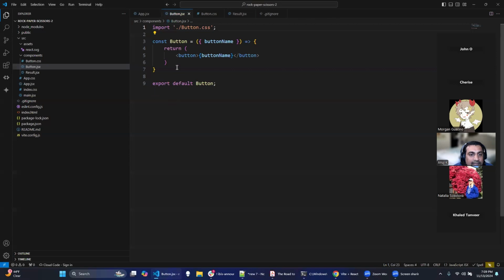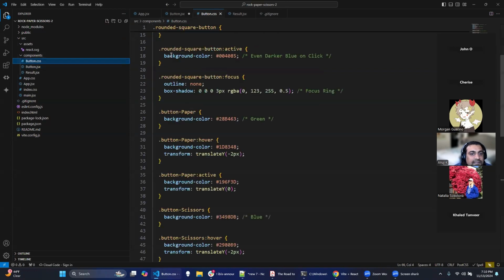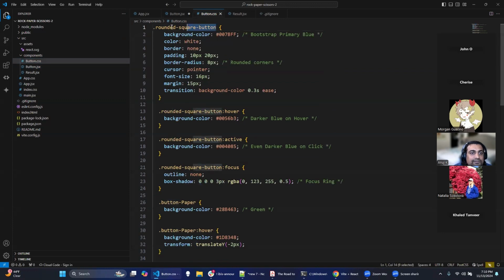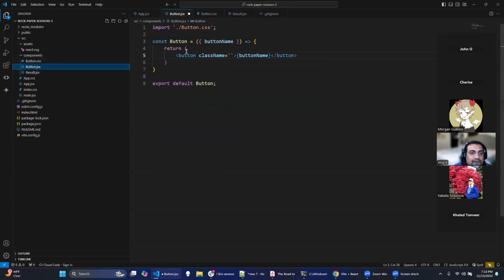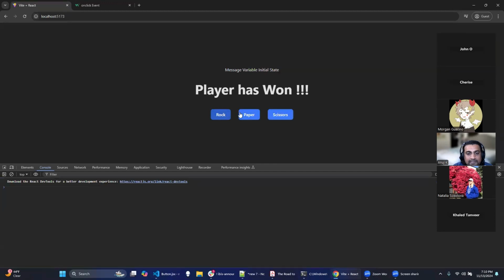Now you can style React components, React HTML elements inside JSX by using either style, that's inline styles, which we'll not cover right now, or you can create styles in classes and then provide the class name as the class you created. For example, in our case, I created a class called rounded square buttons,